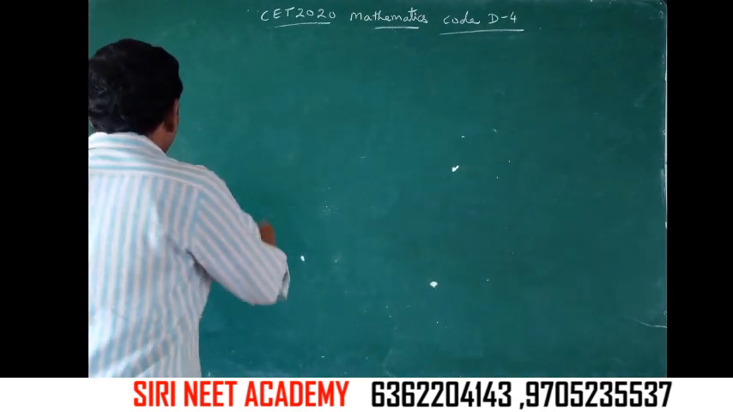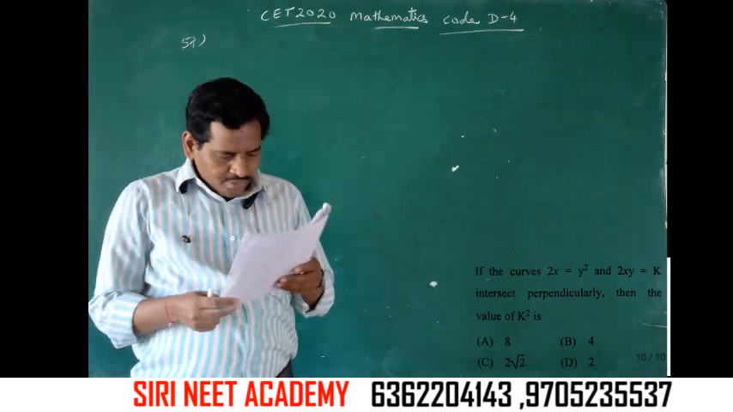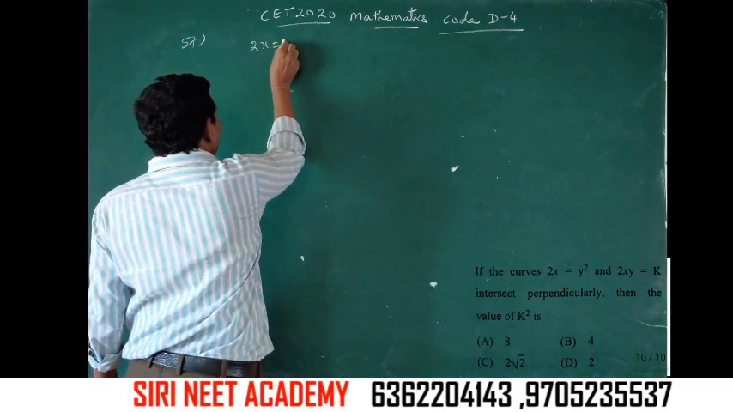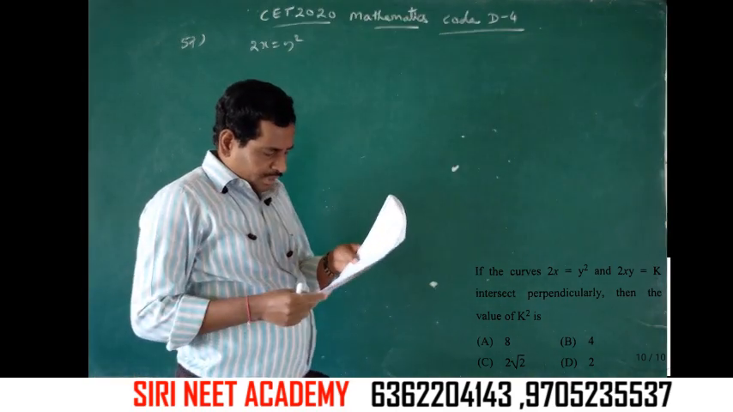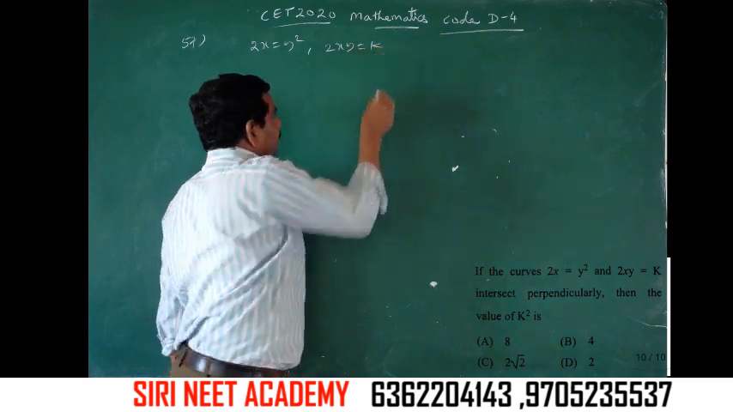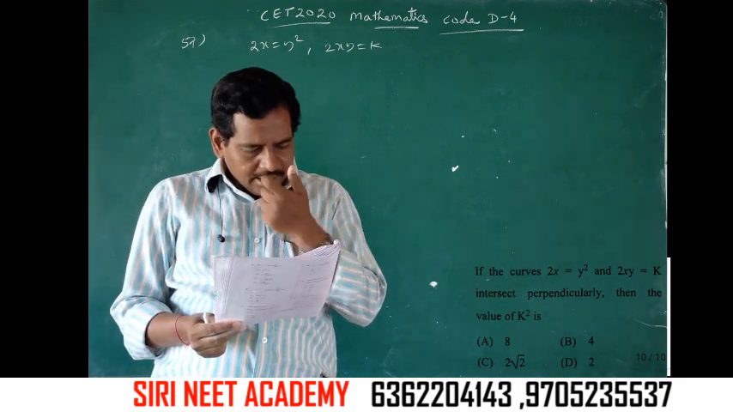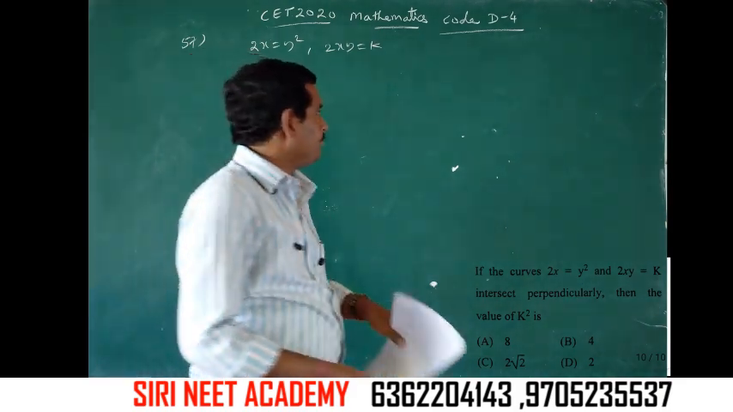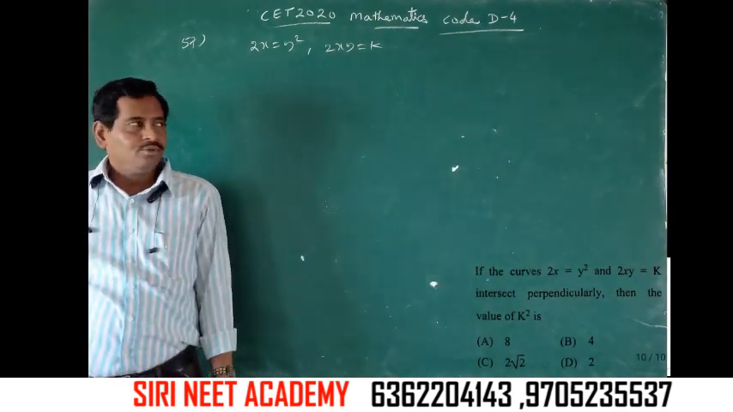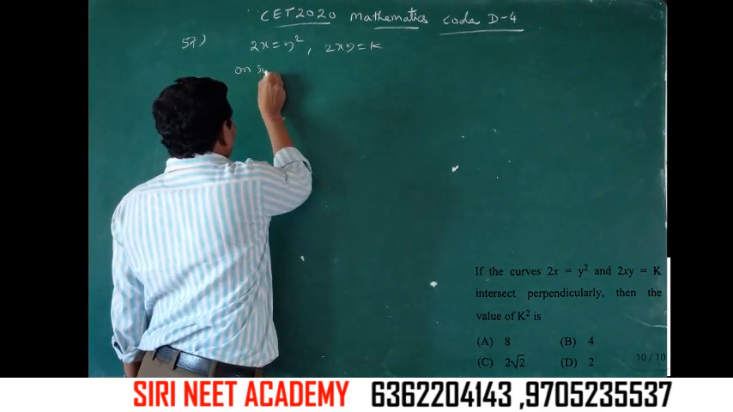Question number 57. If the curves 2x is equal to y square and 2xy is equal to k intersect perpendicularly, then the value of k square is. Two curves are given intersecting perpendicularly, so we have to find the point of intersection. On solving them,